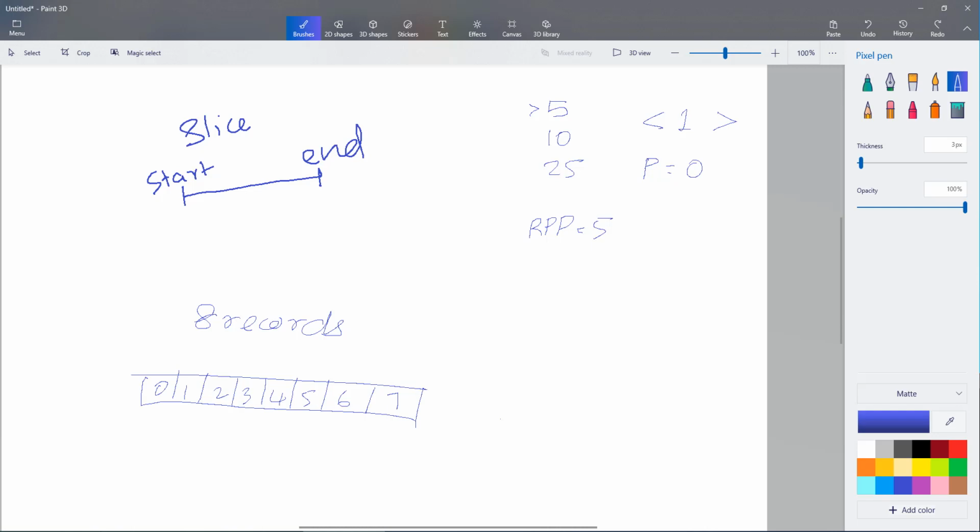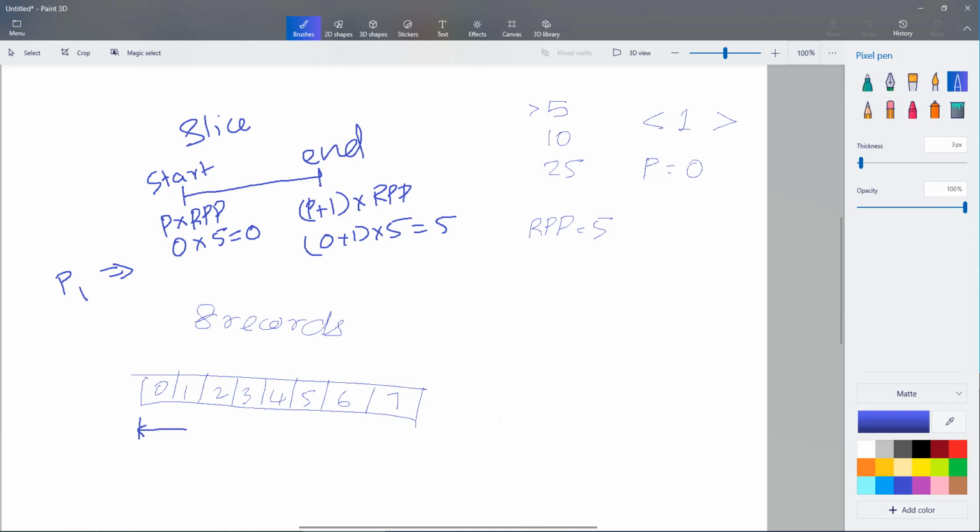Now the start index can be found from this equation here: page index into rows per page count. In this case, 0 into 5, so 0. The equation for the end index will be page plus 1 into records per page. So 0 plus 1 into 5, so 5. So inside the first page, the starting index is 0, so from 0 up to 5. Without including the record at the 5th index, records from index 0 to 4 will be there